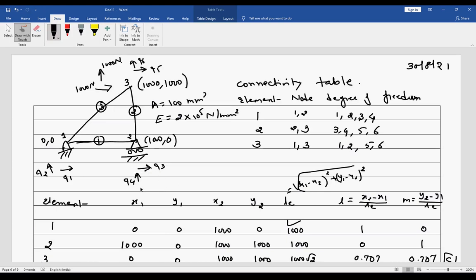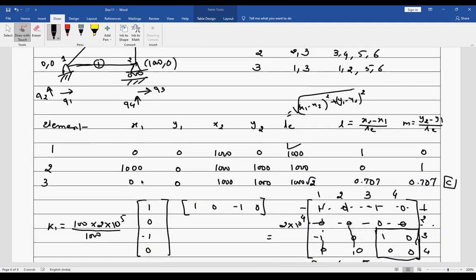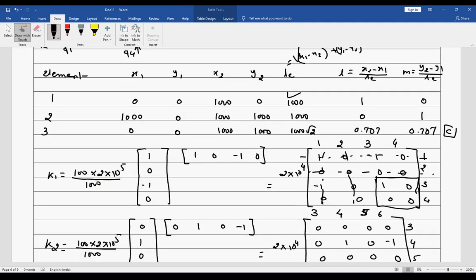Then we have the elimination of 4 also, so 4 is also not movement. So I will remove this 4th also. So you can see 3 rows and 3 columns have been eliminated. Now what I only get here is 3, 3 in this table.